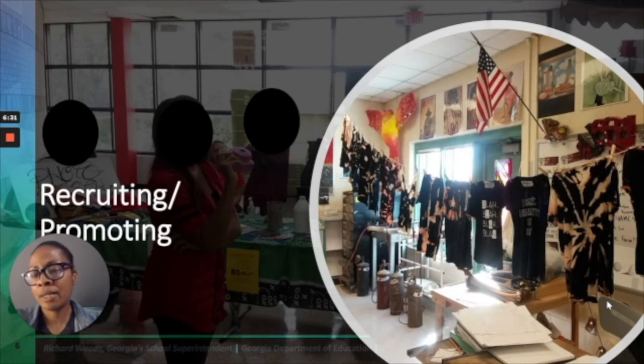Another thing is setting up during lunchtime. So the homecoming week for high school is an awesome opportunity to promote and recruit and be visible. So in the lunchroom, one day during homecoming week, we had a photo booth, so students made their props, and it was a fundraiser, but it was also just a way for the students to be more visible outside of